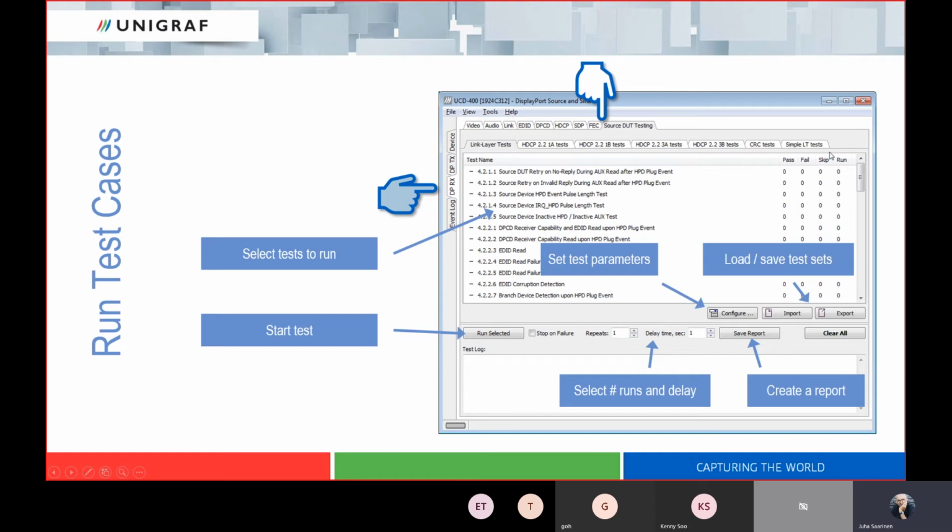By default, the so-called simple link training test is enabled, with which you can do the basic test, all the link training with all the different lane configurations and the link rates,